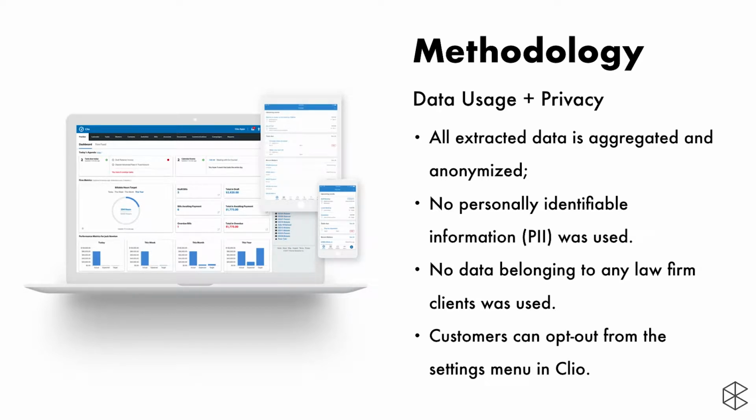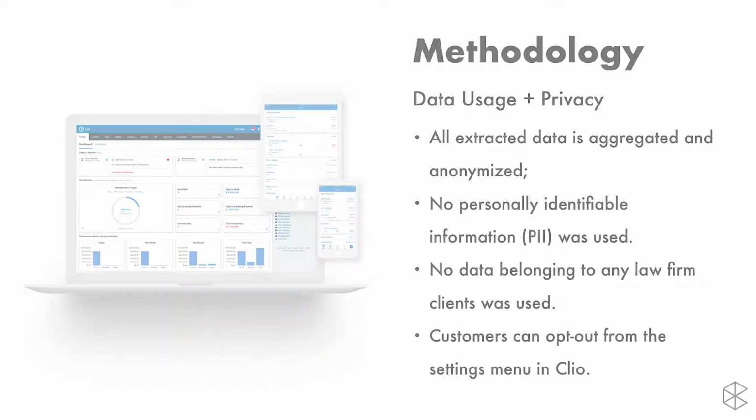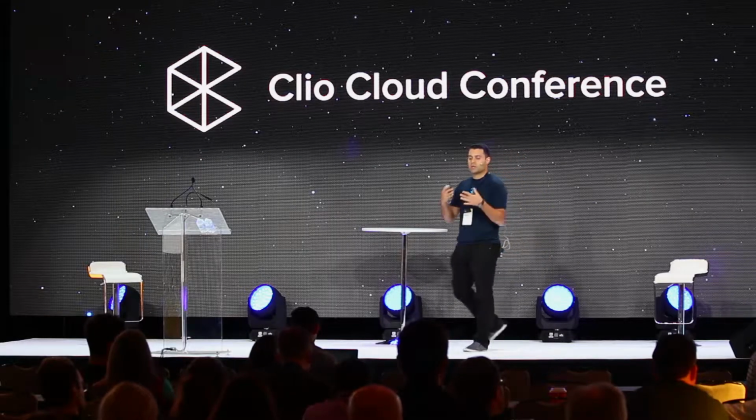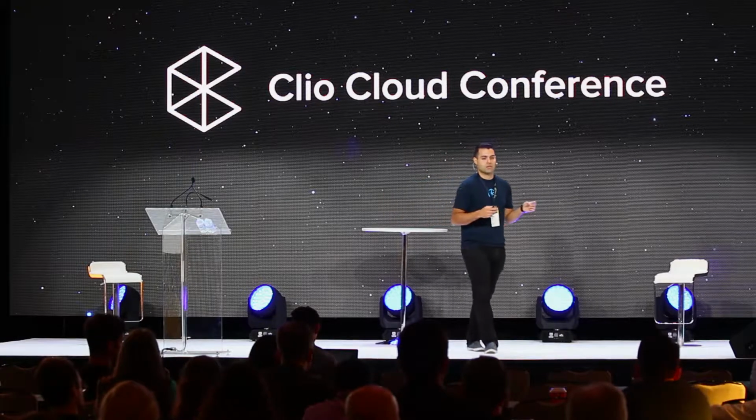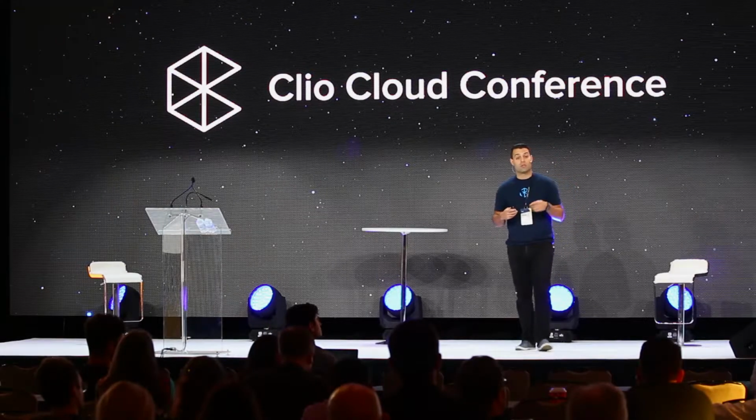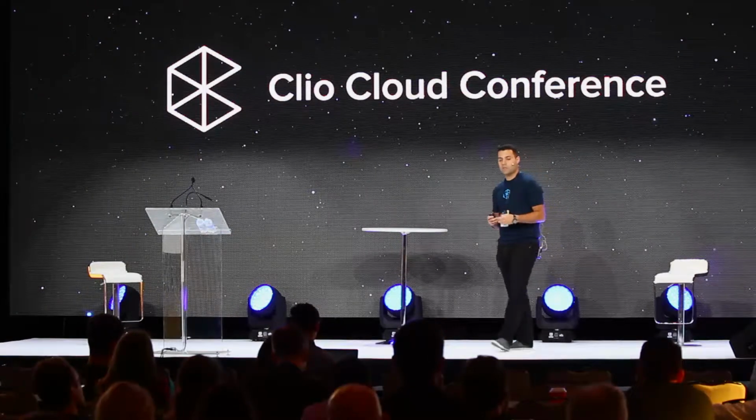In terms of data usage and privacy, everything we extract from our active database is aggregated and anonymized. So when we do an export of this information, it's not linked to any unique identifiers that belong to our customers. Examples of those would be an email address or the name of a law firm. I can't look at this data set in the way that we extract it and say, oh, this person charged this in this location. That's what anonymization is all about.